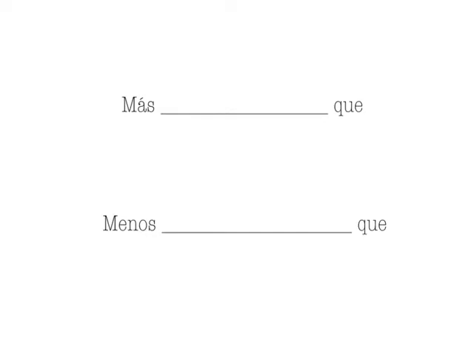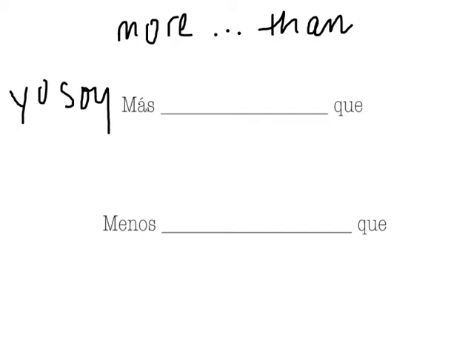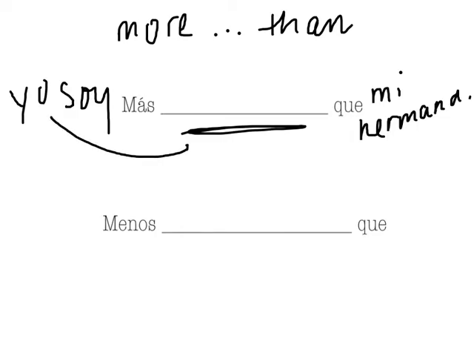All right, so you've already learned más que. Más que means more than. So I could say yo soy, I am more blank than mi hermana. Now, it depends on what you want to say, but whatever this adjective is, it must agree with this person out front. So I am a girl, and I'm one girl. So I'm going to make sure that my adjective is singular